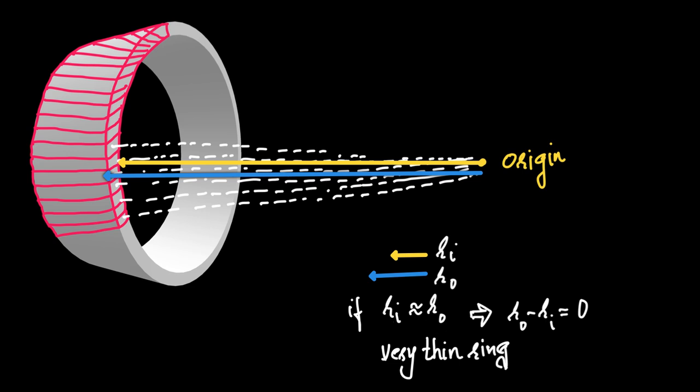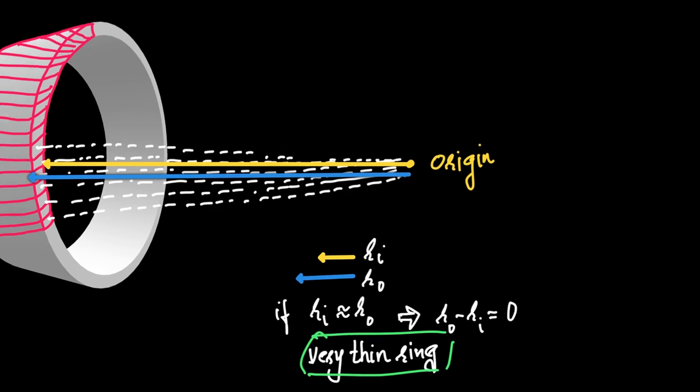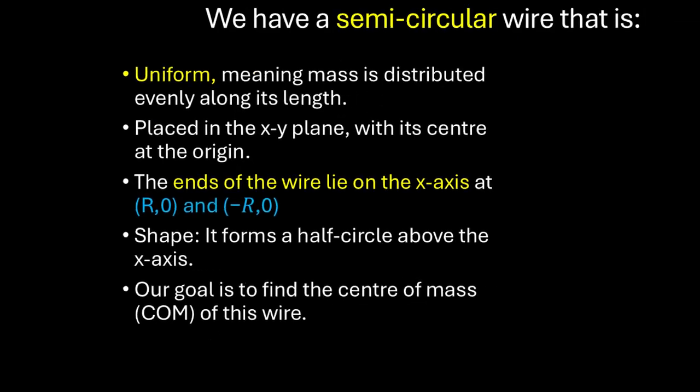What does that mean? It means that if you were to consider Ro minus Ri, radius outer minus radius inner, since they are approximately the same, the value will be equal to 0. Or in other words, what we have here is a very thin ring. I hope that makes sense. Okay. Now, once we have that,